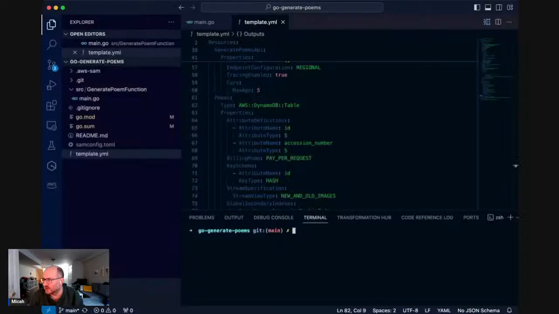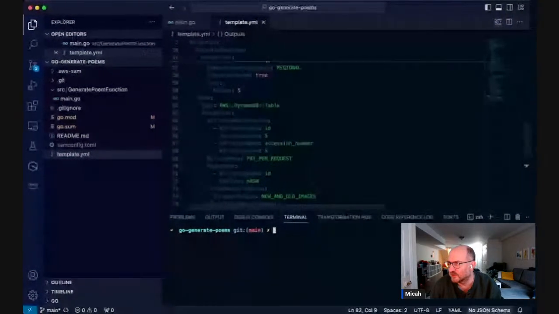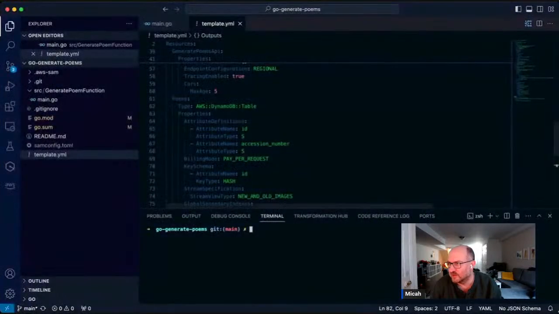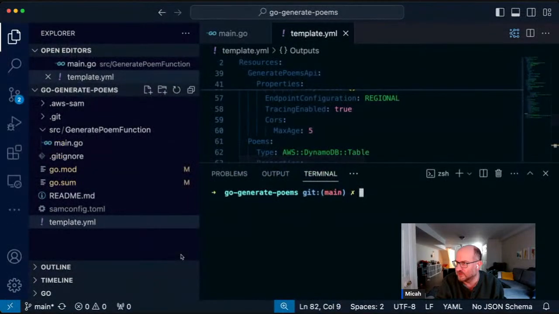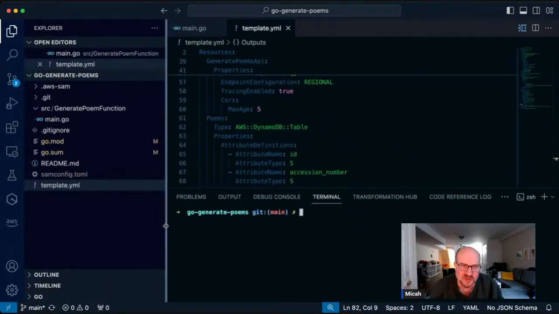Let me fix this a little bit, make it a little bigger, a little wider. That's too big. That's nice. Okay, we're back in VS Code.